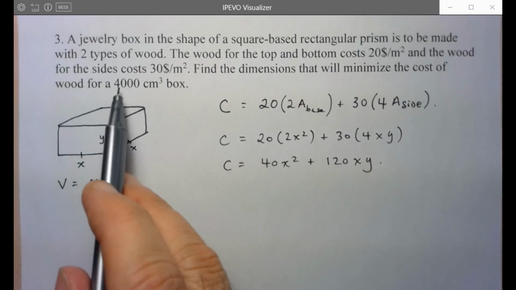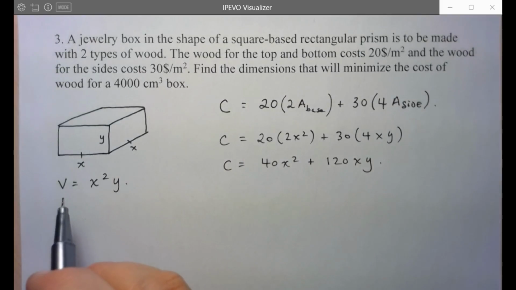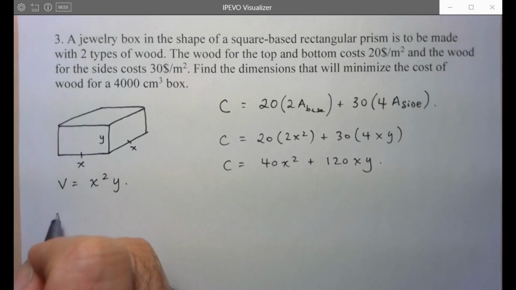So that means that I have to convert 4,000 centimeters cubed into meters cubed. Okay, now this is where I'll draw myself a little diagram, if I've got sort of,